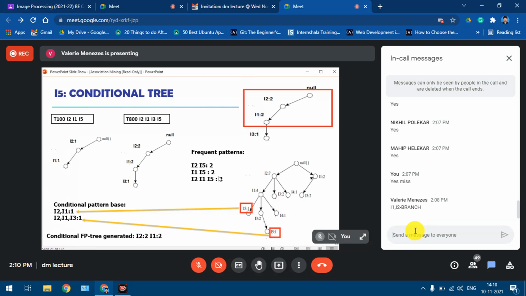Okay, have you understood this part? See, first you take the branch, you take only that part of the branch where the support counts are frequent of the node. Then you append I5 to this branch, and the support count is 2, because it occurs only in 2 transactions. Second, you take the subset of the branch. What is the subset of the branch? I1, one subset, I2, another subset. Now to each subset, you append I5 and then you write the support counts.